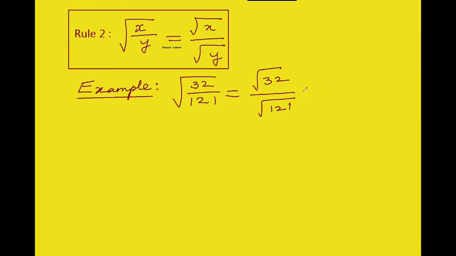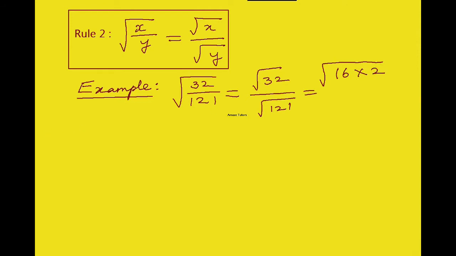Now again, try to figure out the largest perfect square factor of 32. In our last video, I explained how to simplify the surds. We have seen a few examples also. So I hope you understood that, and using that, you are able to solve these questions. So what is square root of 32? If you want to write it directly, 16 times 2.